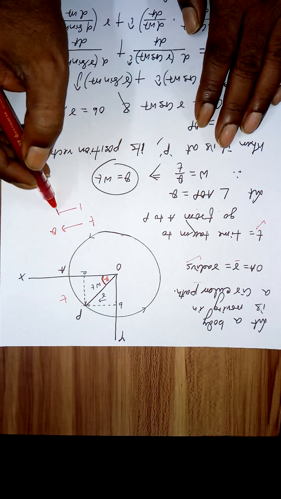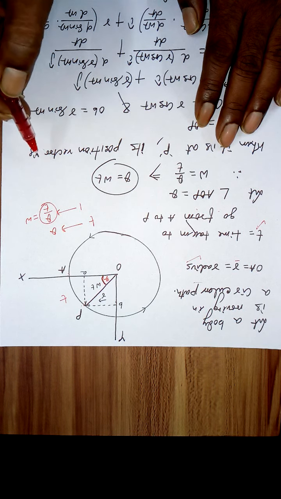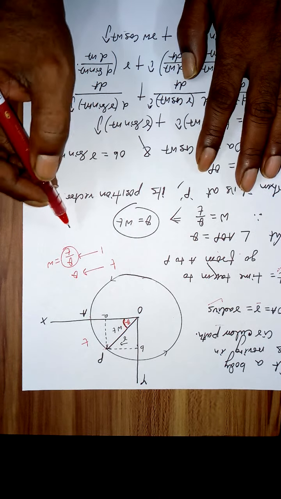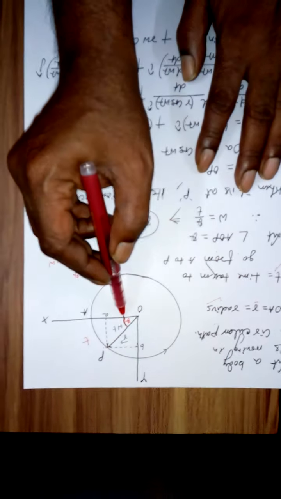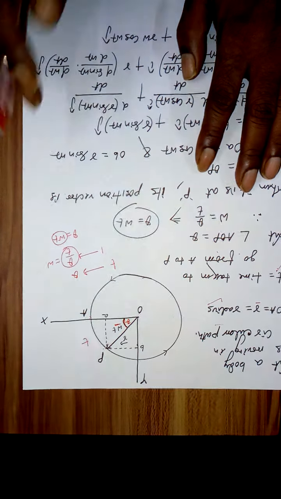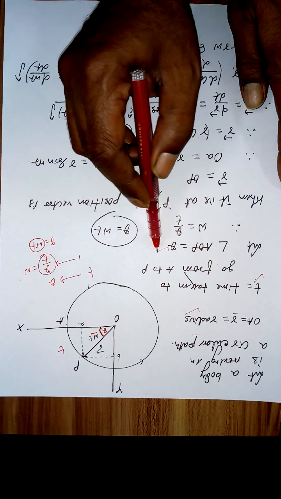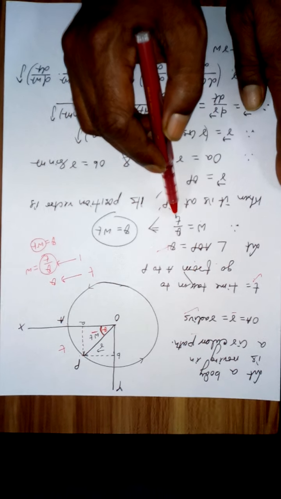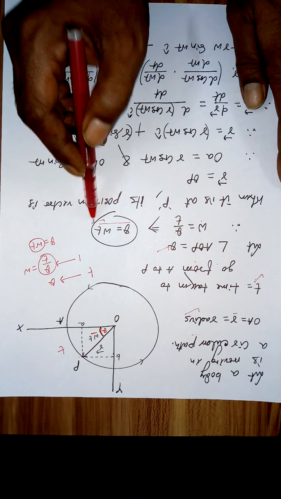So unit time angle created will be theta over t. So that is your angular velocity omega. So cross multiplying, your theta is equal to omega t. So here instead of theta I can write omega t. Let angle AOP is equal to theta, therefore omega is theta by t measured in radian per second. Cross multiplying, we get theta is equal to omega t. Fine.